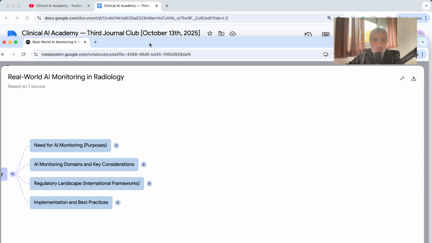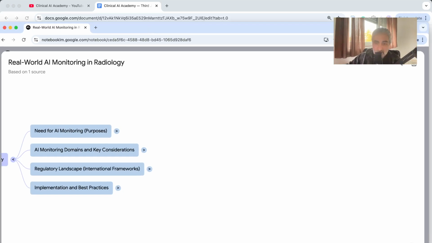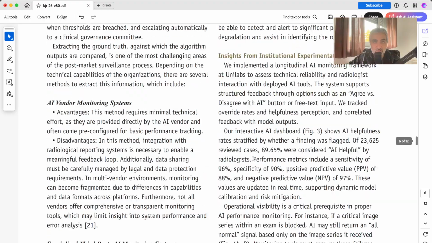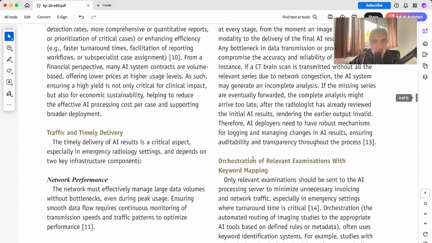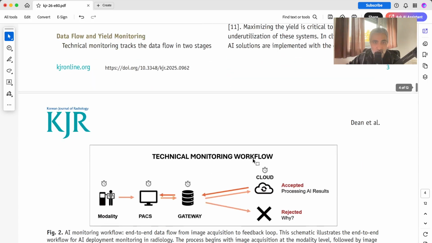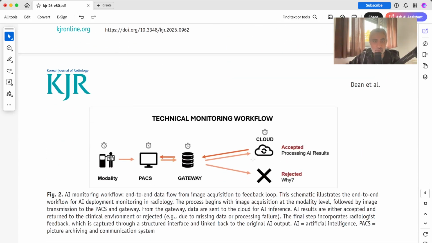Okay, so let's go through the figures that they have and see. So that was an overview, and now we can chill and spend more time on the figures. So figure 2 is they're showing the AI monitoring workflow from capturing the image, sending it to the PACS,